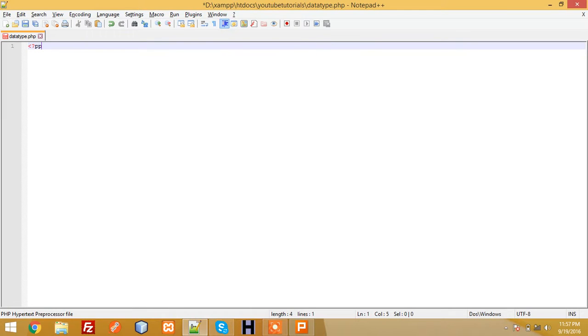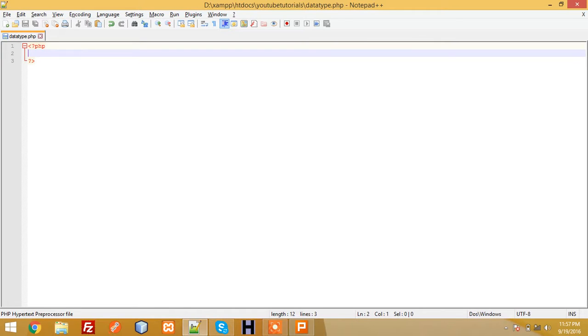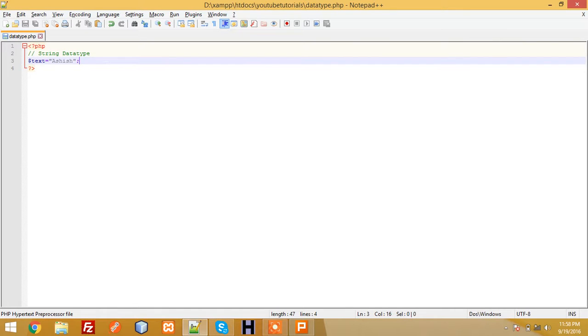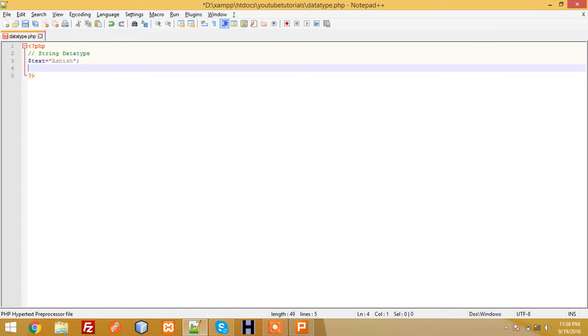Alright, I'll open PHP syntax, open PHP tags. I'll declare my first variable called text and store a string value in that. So this is my string variable, string data type example. What I have done here is declared one variable called $txt, stored a string value in that data type,